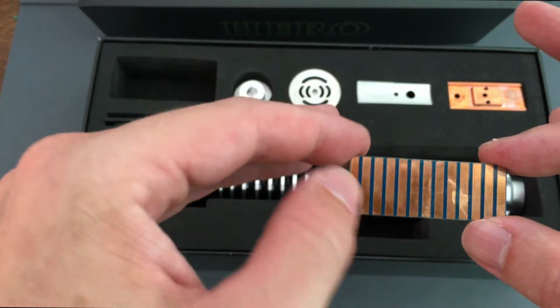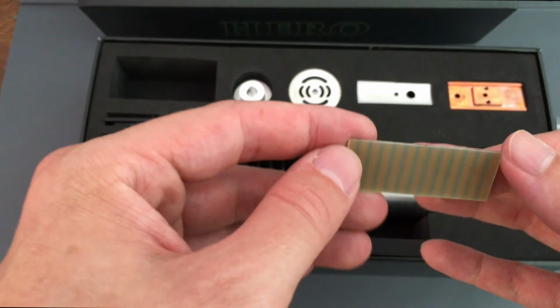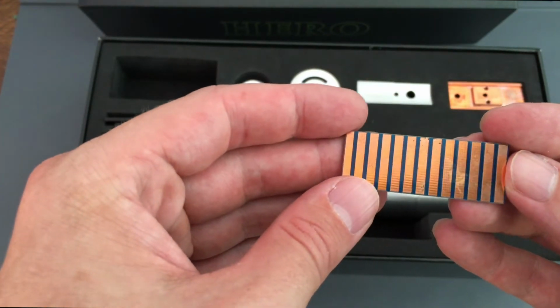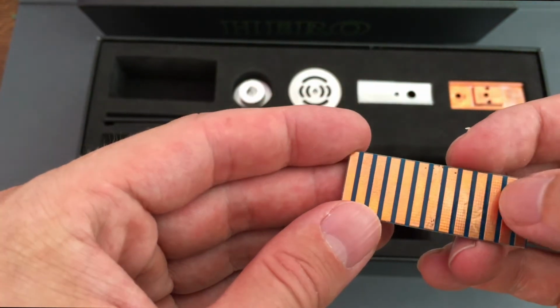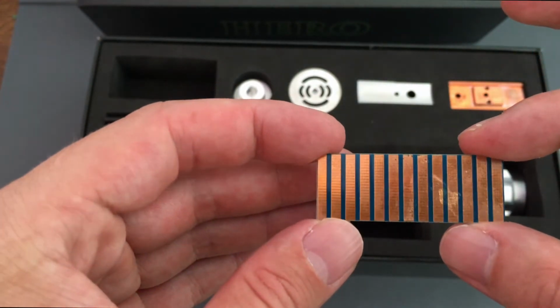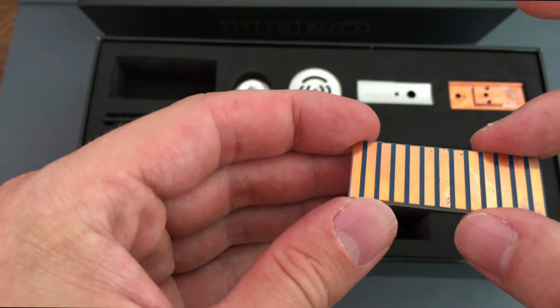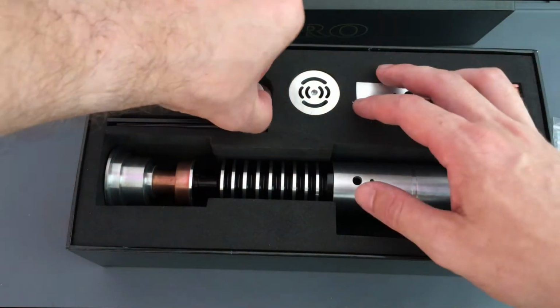Of course, the strips in the middle are made of copper, so there will be some tarnish or weathering over time, some aging. I have to say the copper bits are not great. You see, there's some bald spots there. Not much we can do about that. And then we have the